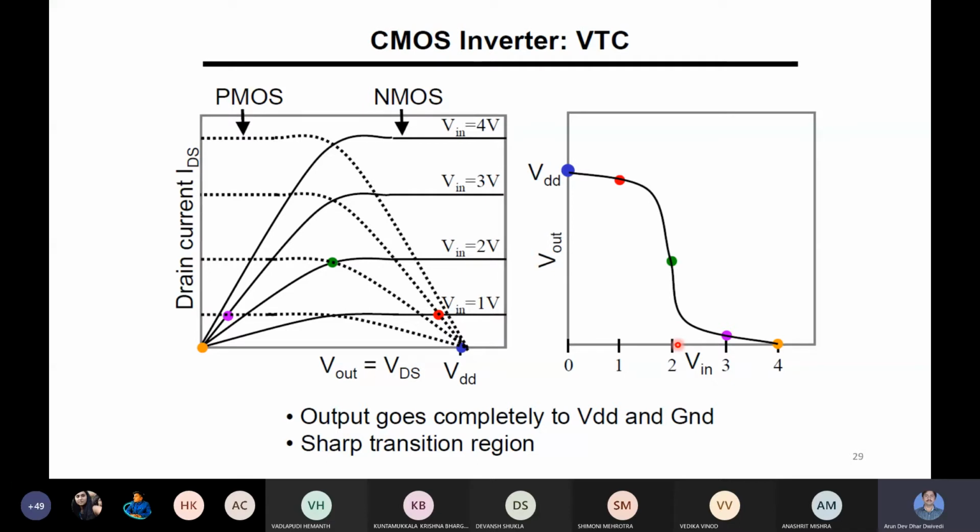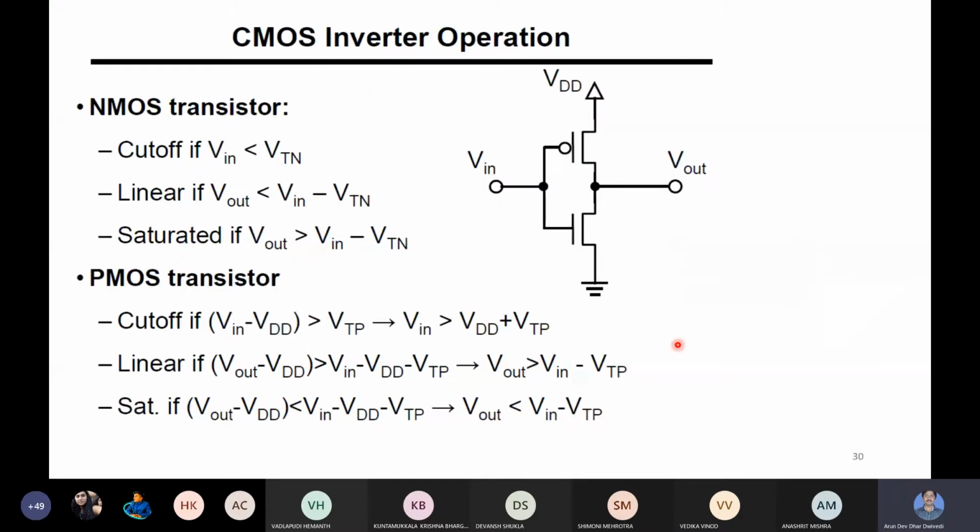So these are a few important points of this VTC plot. Also, we will discuss all of them one by one, and instead of going on the load line, we have to discuss how it is operating, its operation, and the VTC plot in more detail here. So let us see how we are deciding the on and off conditions.